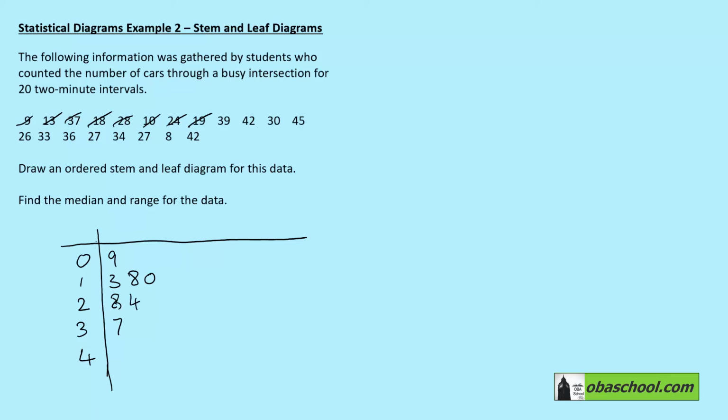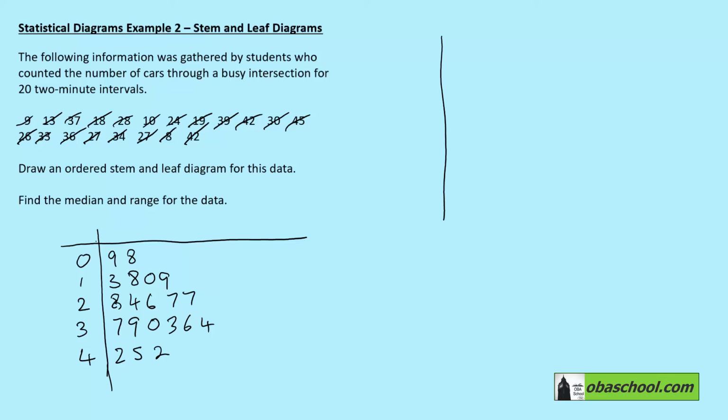And then we've got 19, we've got 39, 42, 30, 45, 26, 33, 36, 27, 34, 27, 8, and 42. And now we're going to do our ordered diagram,